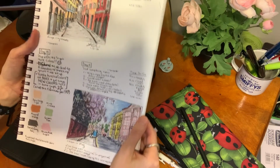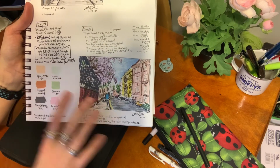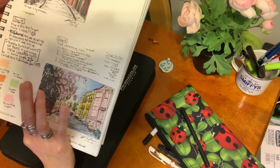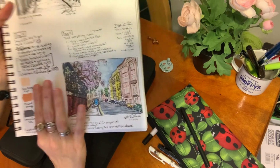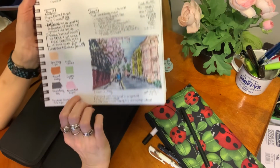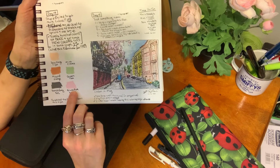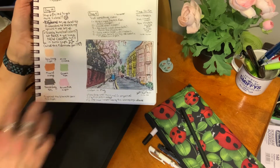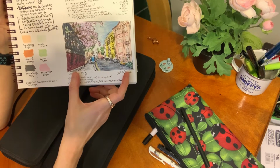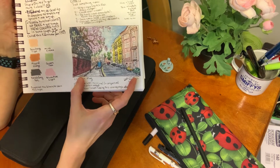And then I was really excited to get new colors like this mint cream. I actually did this the day I got those, day 14. So these two were day 14, and that's why I was able to use them. Like this blush pink light, that's a really helpful color. So day 14, not a lot going on that day, but at day 15, I tried a different technique